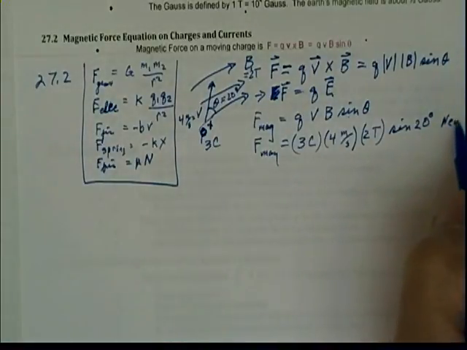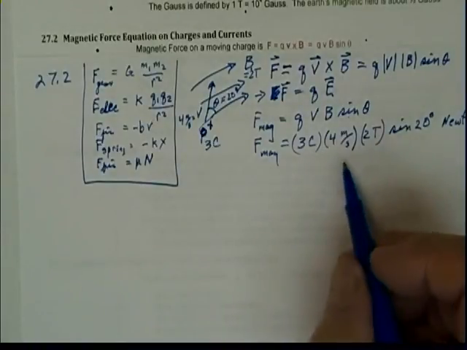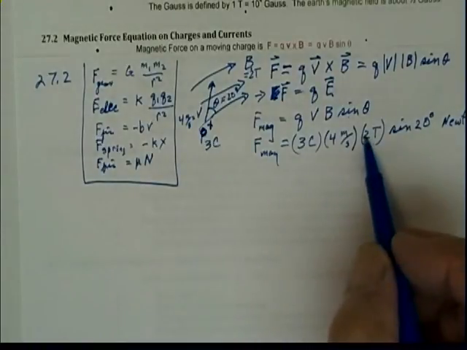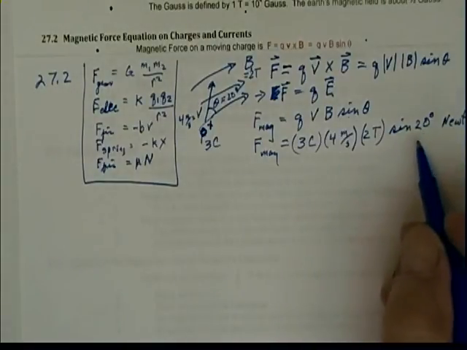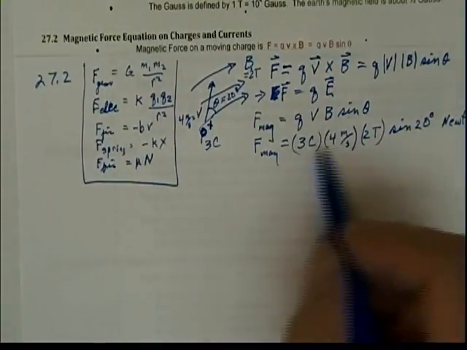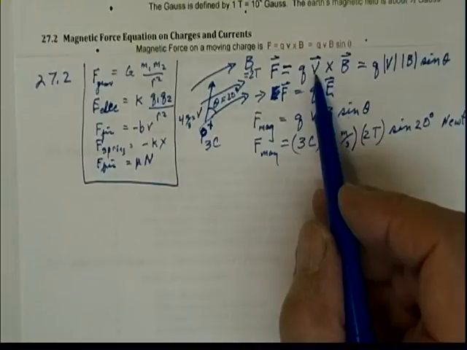Well, I'll let you work that out as the student here. 3 times 4 times 2 is easy, and then you have to find the sine of 20 degrees here. And that would give us our magnitude of the force, but does not give the direction. We have to go back here and use what is called the right-hand rule to get the direction of the